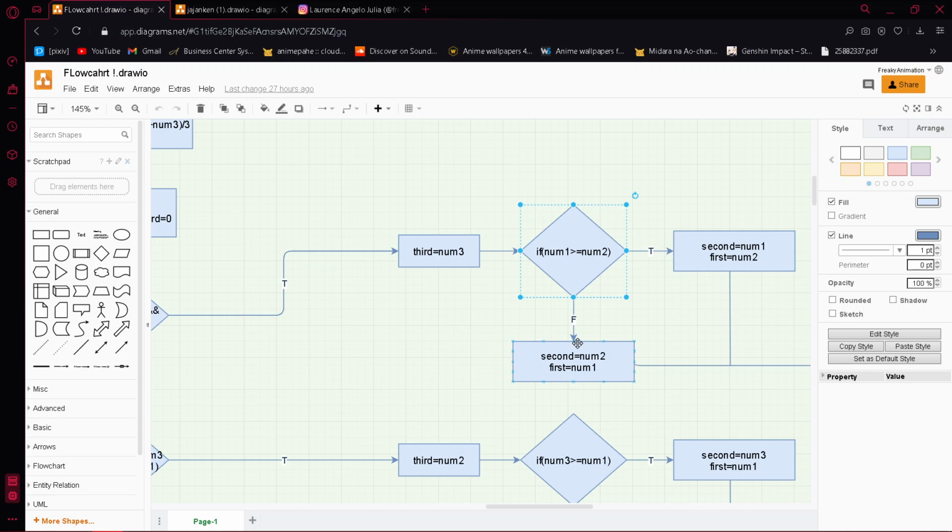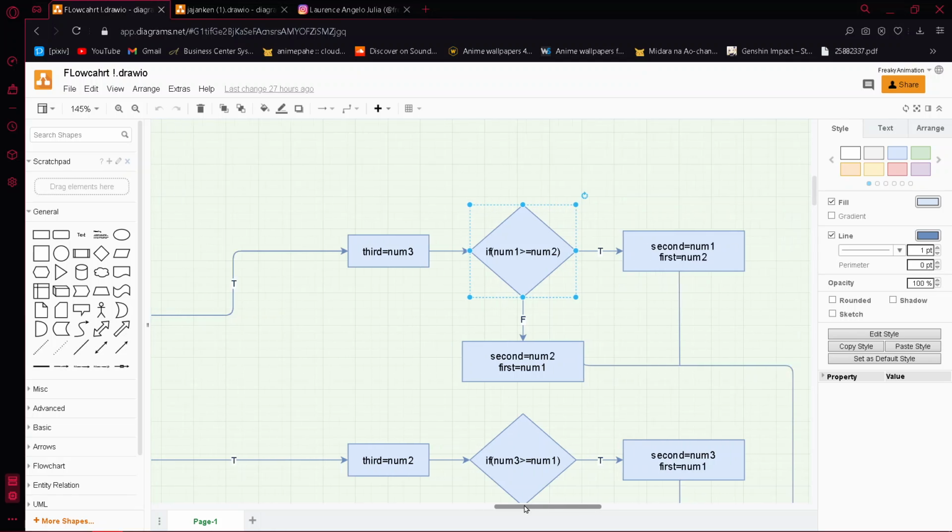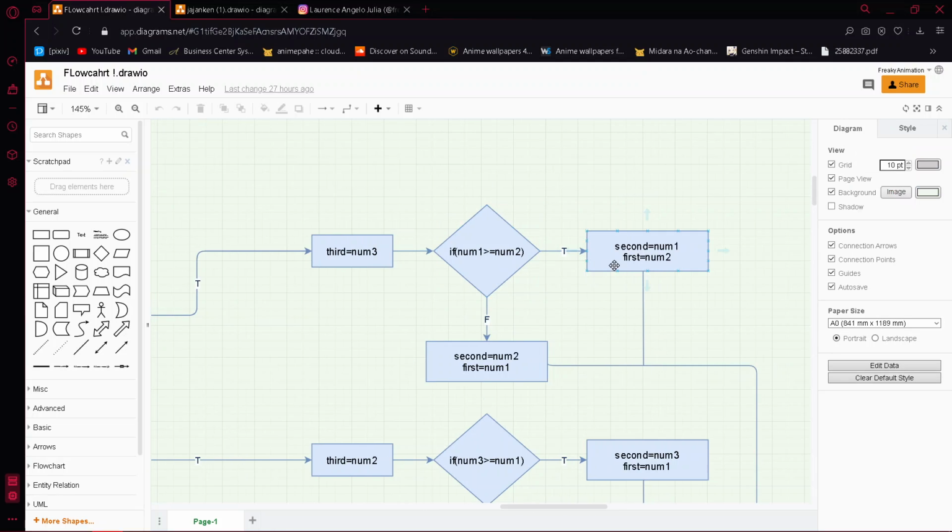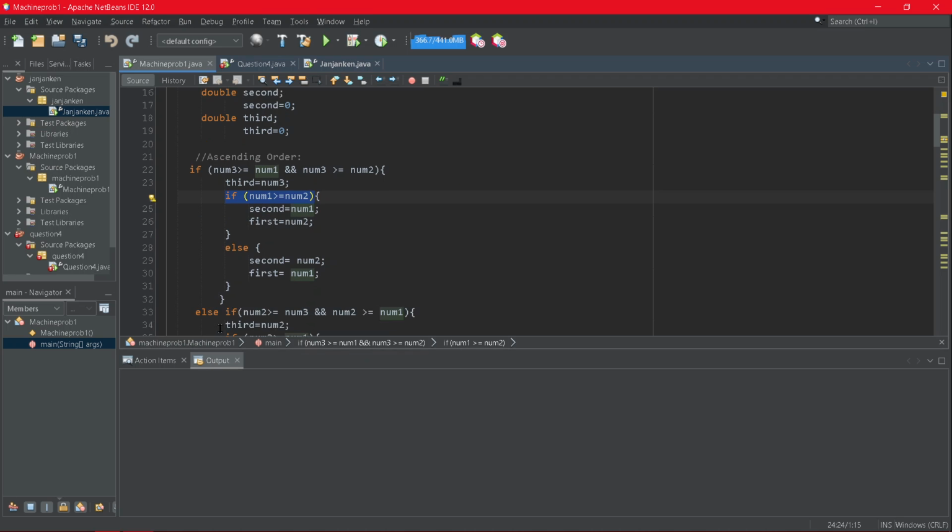In the flowchart, if true, second is equal to num1 and first is equal to num2. And if false, then the else in the code.